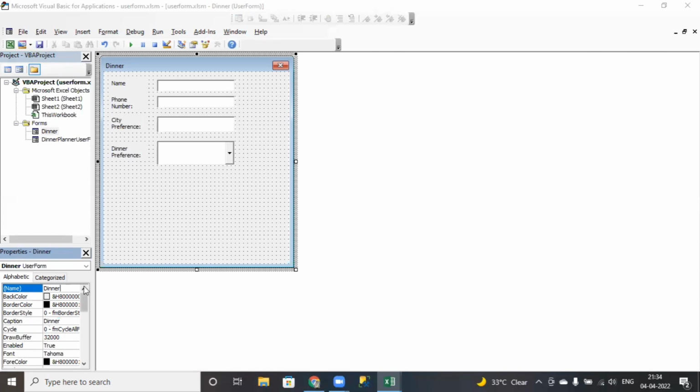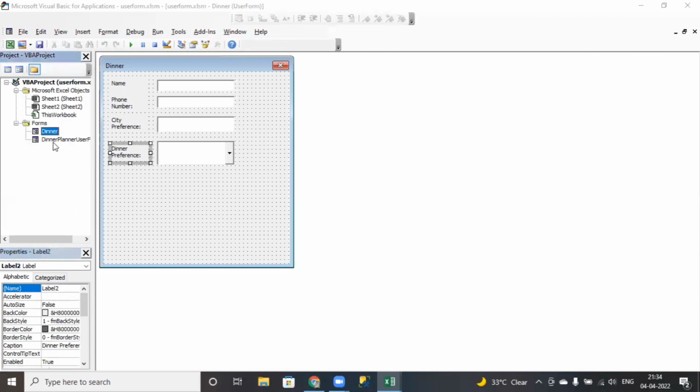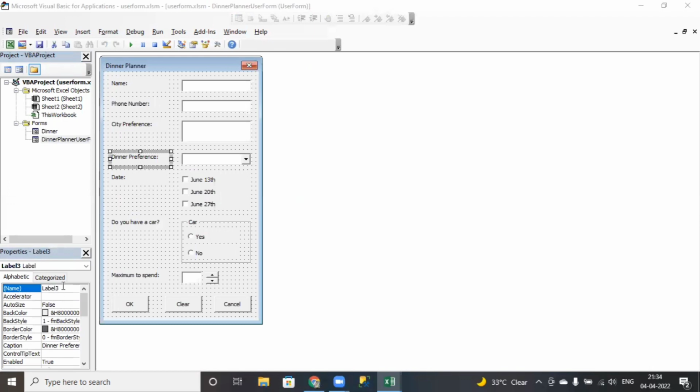One by one, we need to look into this, how exactly it's performing. Dinner preference. If you see what you want to highlight, how exactly it's supposed to be named, that you need to change in the caption. What you want to show, how the control should be written. And name means what name you want to give to that particular shape. Now I'll say what is the name of dinner preference. If you go to the dinner preference,